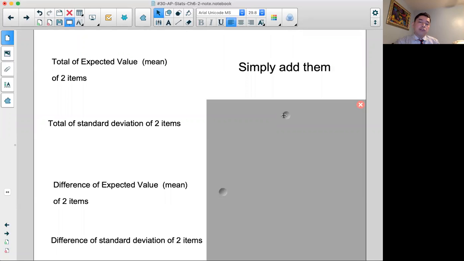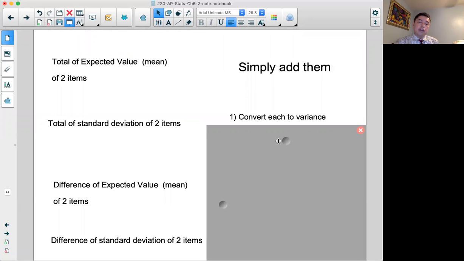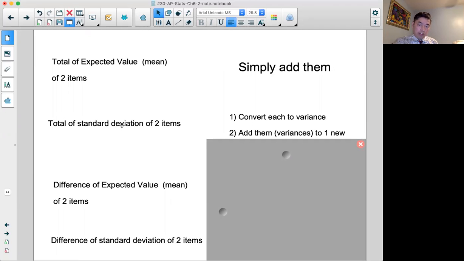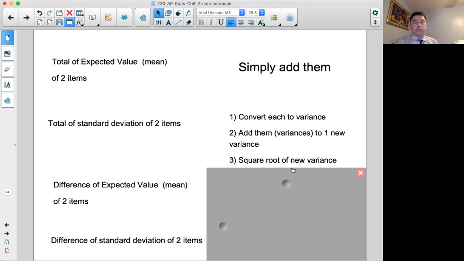What you have to do is first convert each value to the variance. So you put the two variances together, you consider that as a new variance, which is for the total of the variance. When you create the new variance, put a square root to return to the standard deviation of the